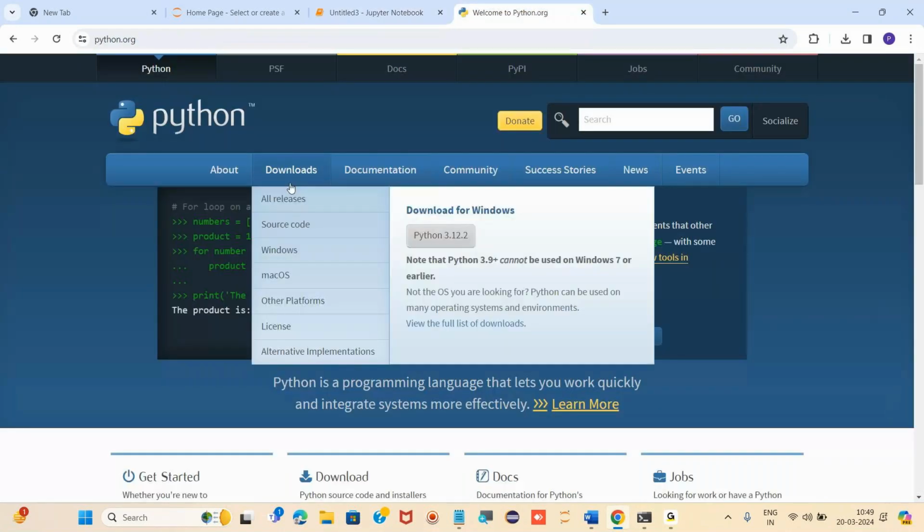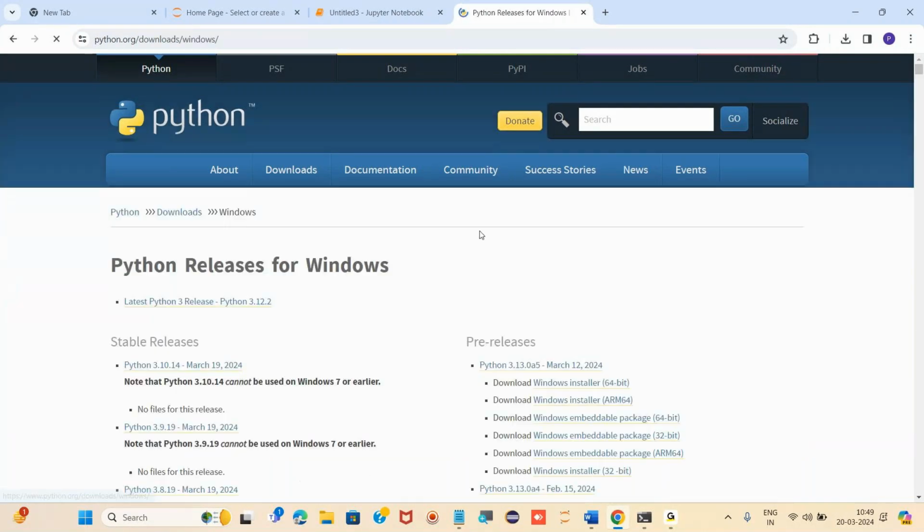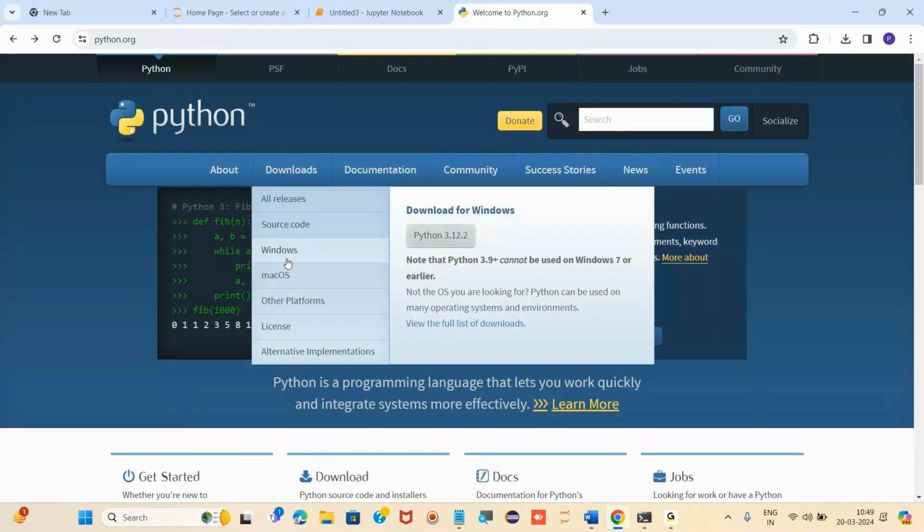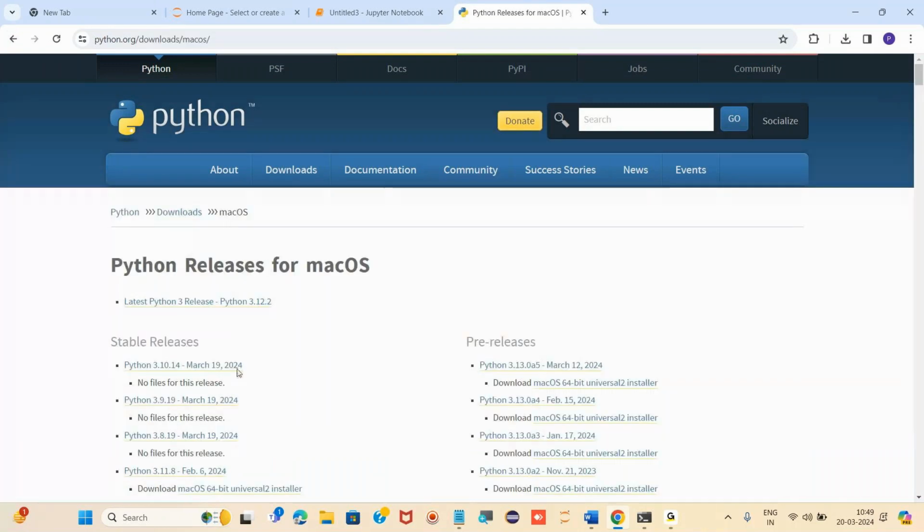If you try to download, here it is showing Windows, Mac OS, other platforms, meaning other operating systems, right? For Windows we have different versions. For Mac OS, if you see, we have a different kind of software, but the thing is, it is open.